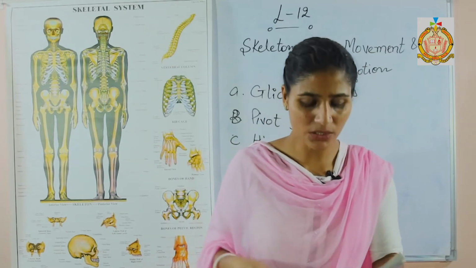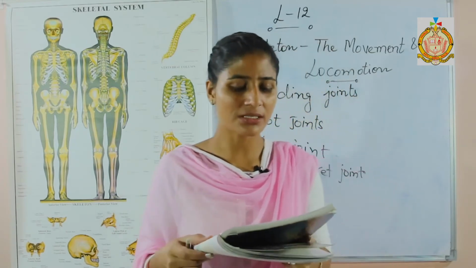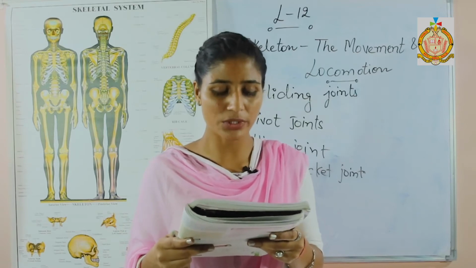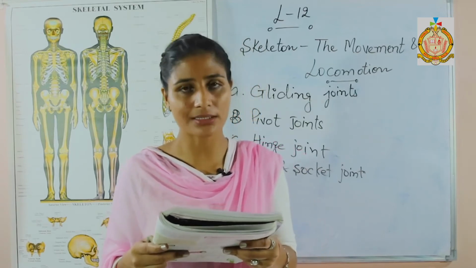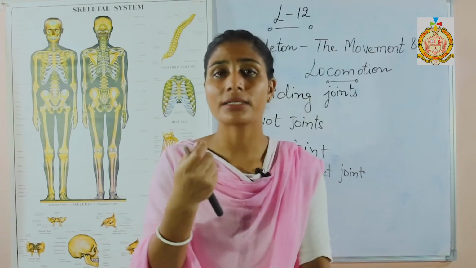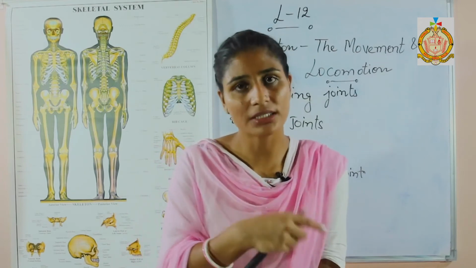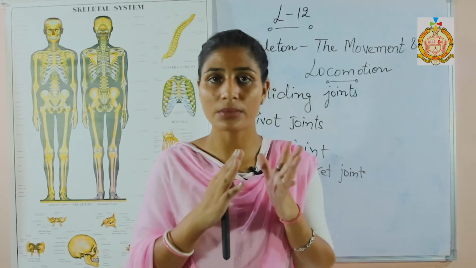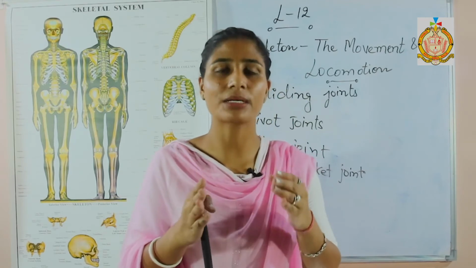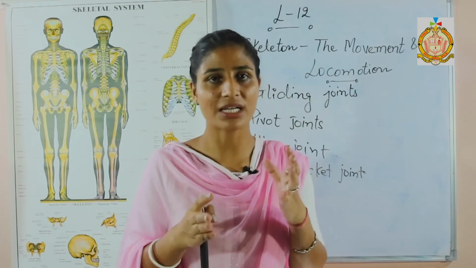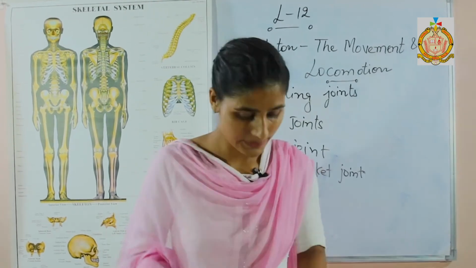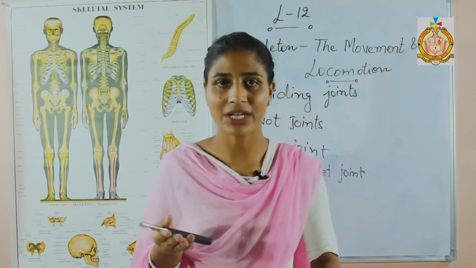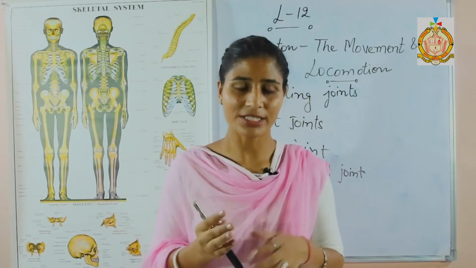Antagonistic muscles: a muscle that has moved cannot return to its original position without the action of another muscle. As I told you, at one moment one is showing relaxation and the other is showing contraction, and whenever both muscles finish their work, they come back to their original resting position. I have already given you the example of the biceps and the triceps. So these are known as the antagonistic muscles.